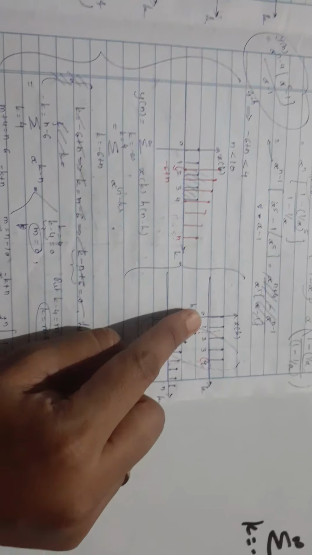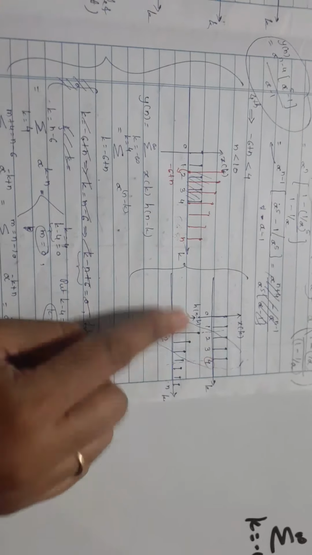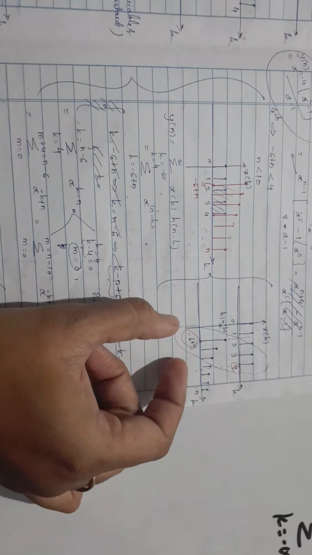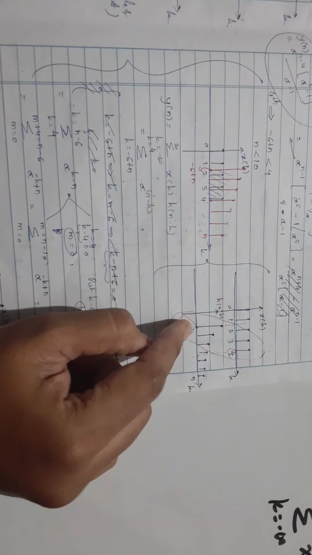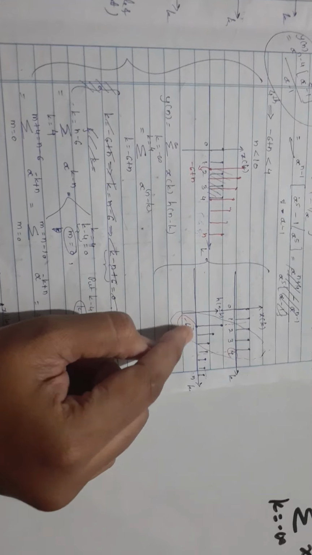X of k from 0 to 4, h of n minus k, the second signal, 7 samples, we have kept it at this n point greater than 4, so that the last point is between 0 to 4. You can keep it anywhere. I have kept it between 1 and 2. So if you see, what is the product range? Here 0 multiplied by 0. So on the left hand side we will not get anything.